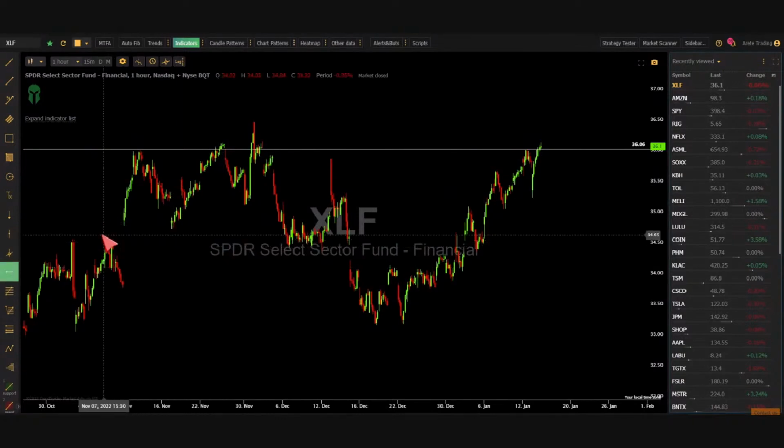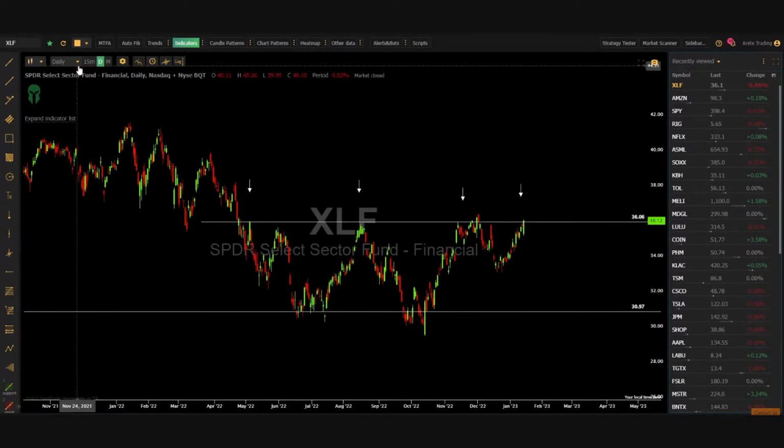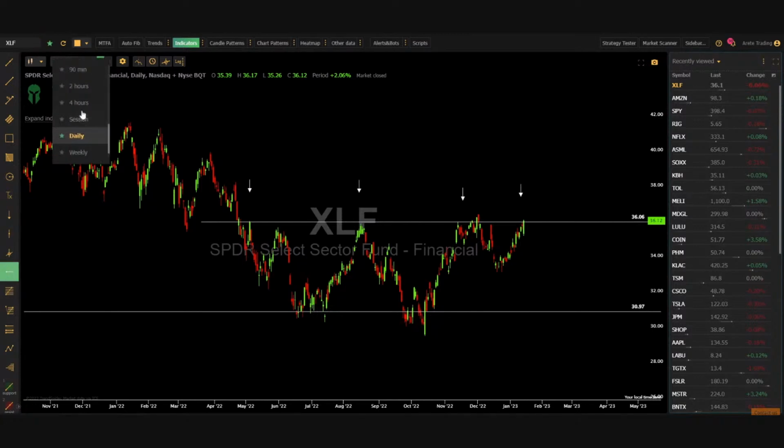So in other words, we would note that this area is going to be of significance on an hourly chart, but on a daily chart, it's probably not going to be anything. So here we are knowing that 3448 is an area of interest. And then we go and take a look at it on a daily chart and it wouldn't even register, wouldn't even be there. And let's just put that line in so you can kind of see what I'm talking about